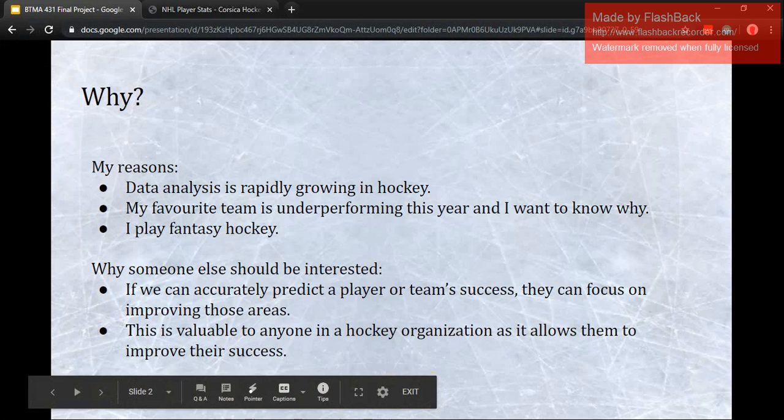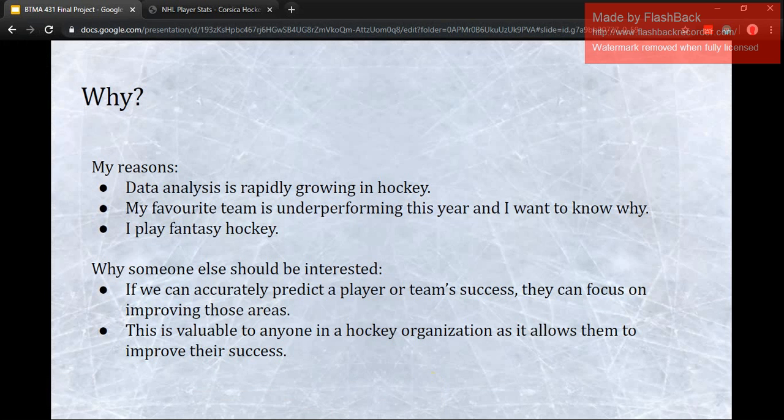First, I will go over the motivations for this project. Personally, I am a huge hockey fan and would love to one day work in the industry. Data analysis is rapidly growing in the NHL as teams try to gain advantage over their opponents. Teams such as Toronto and Arizona have recently hired new general managers who have really emphasized analytics as part